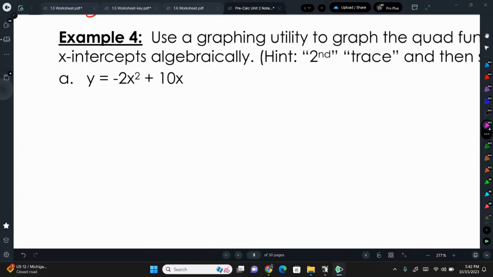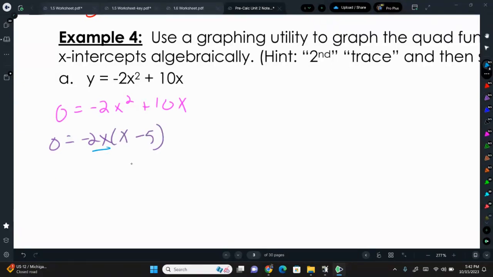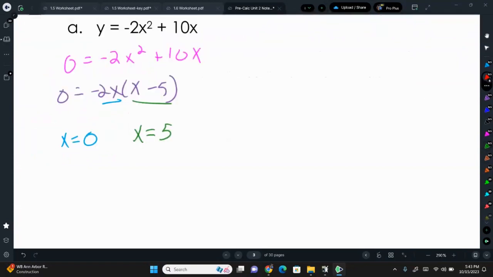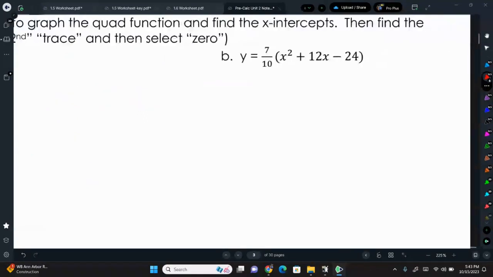So algebraically, 0 equals negative 2x squared plus 10x. We can factor out a negative 2x, and we're left with x minus 5. And I can assume that you would know that your zeros are x equals 0 and x equals positive 5. And if you wanted to verify using the graphing calculator, you could. Notice that I just wrote down the zeros, but our intercepts are (0, 0) and (5, 0). Now letter B,